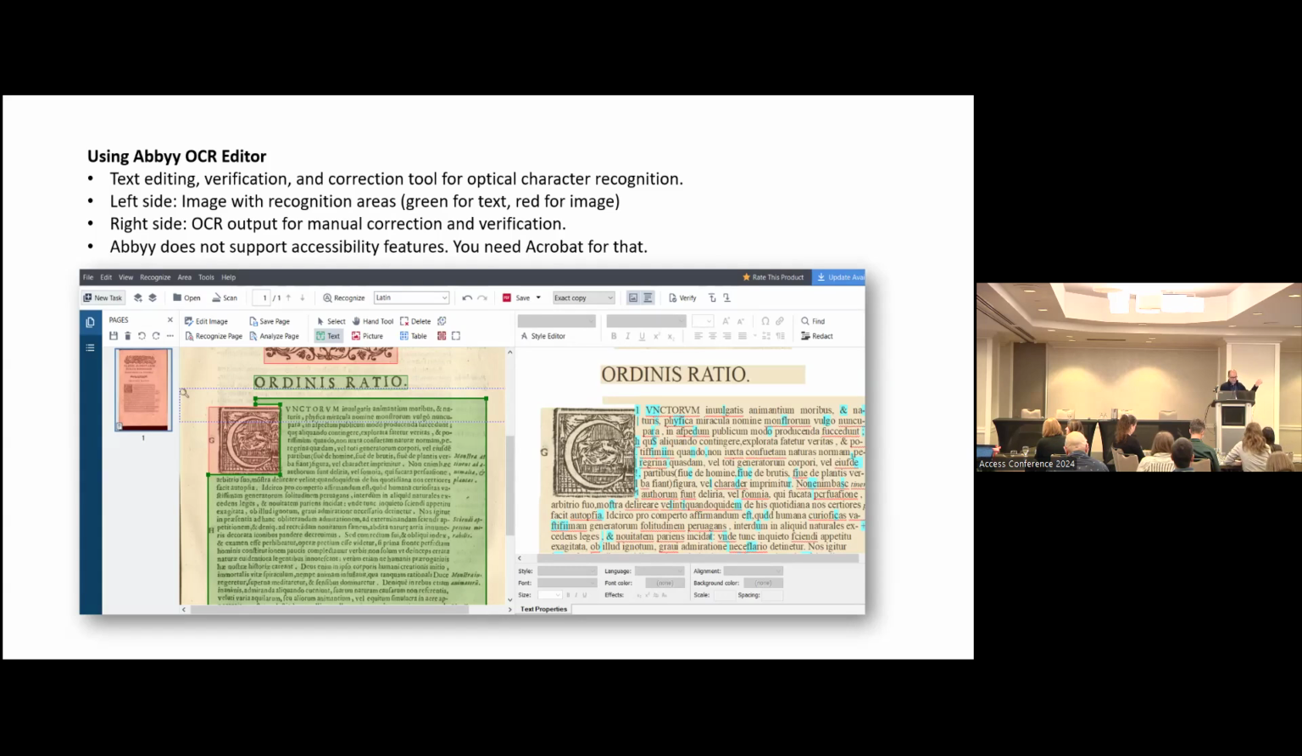So you can see the original image on the left and the generated OCR on the right. Abby does its own recognition. On the left, you can see recognition areas where you define something as green as text or red as an image, and this helps guide the OCR process to prevent errors and overlap. The right side window operates just like Microsoft Word, where you can manually correct the OCR results compared to the